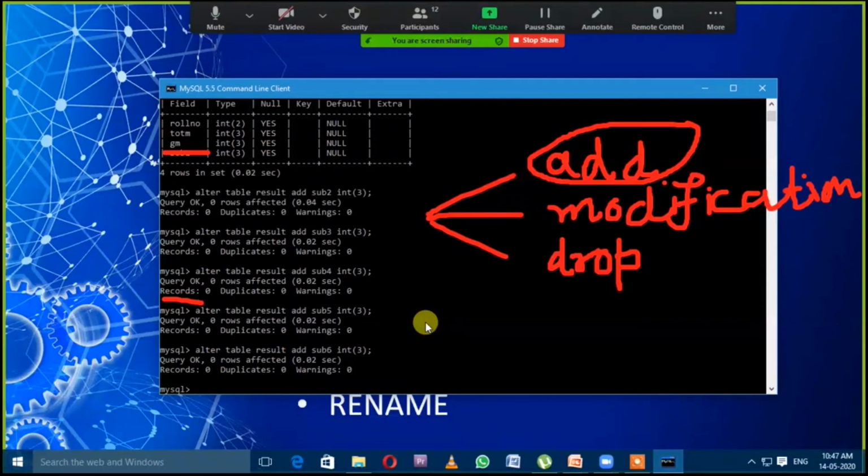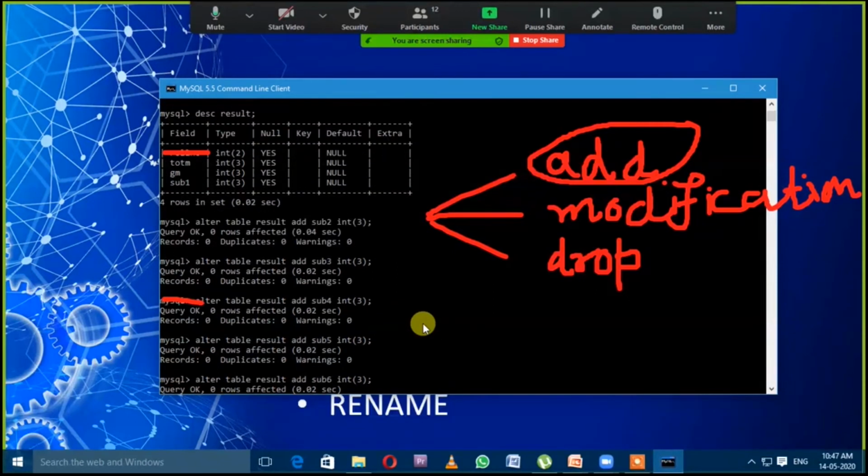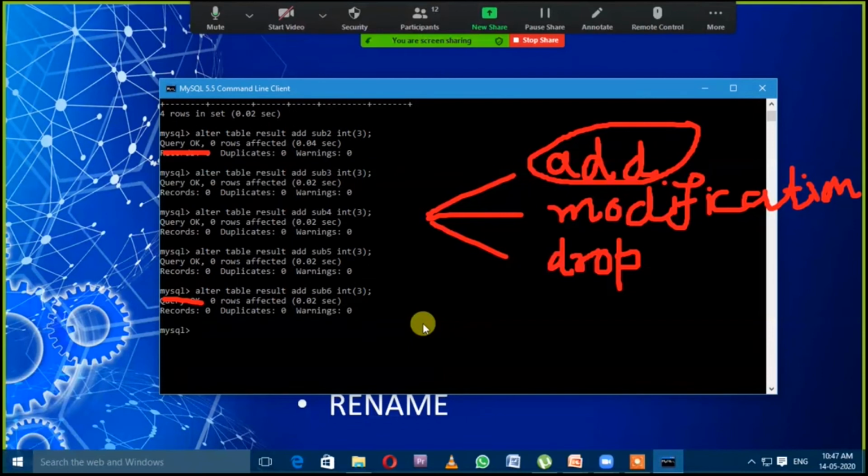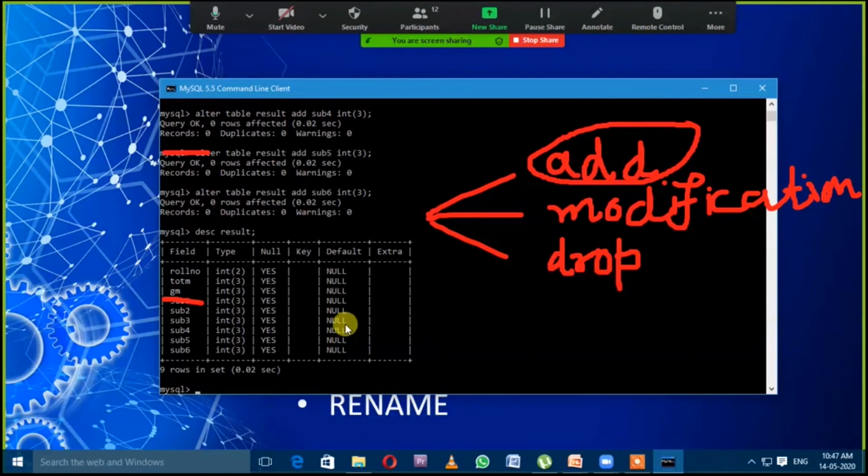Oh, we required only 5 columns to add to the table, but I have added 6 columns here. Let's check how many columns are there in the table. So again describe result. Yes, I have entered 6 columns there.